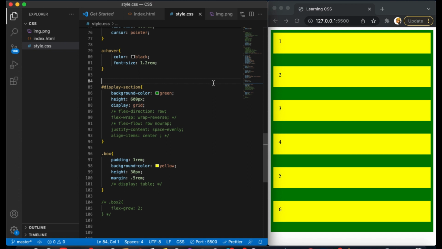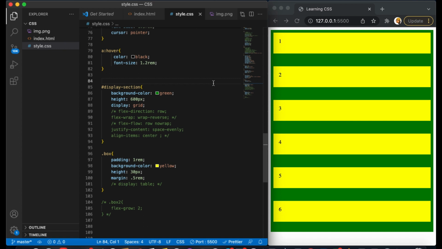Okay, the same thing with grid. The moment you give a parent element the display grid, that particular container becomes a grid container. So whatever styling you want to give the descendants of that element has to go along with the grid